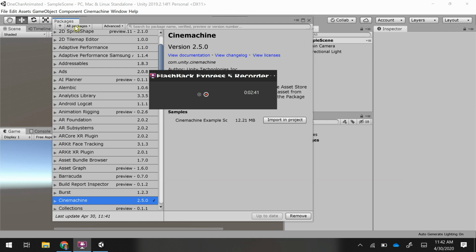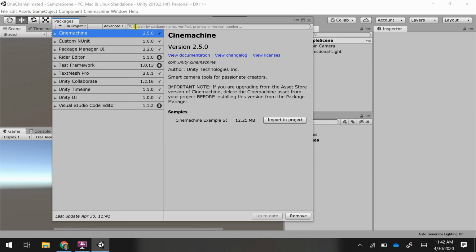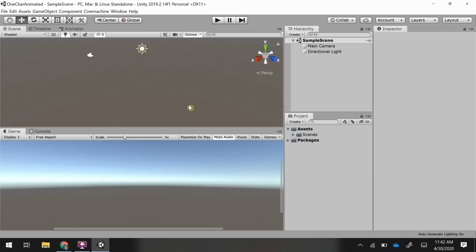And you could double check in the Project window. I think that loads quickly, so we can see that we have Cine Machine and we also have the timeline. So we're done with setting up our project. I'm going to go ahead and save it. And then we're going to switch over to Mixamo because I want to show you that you can get more than one